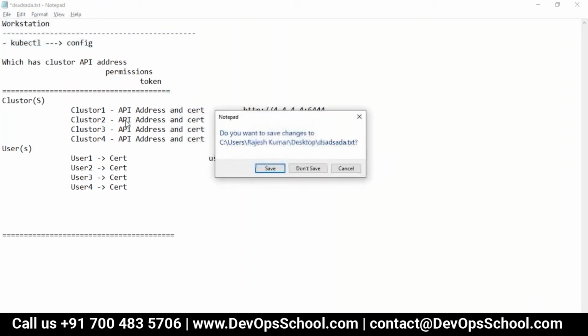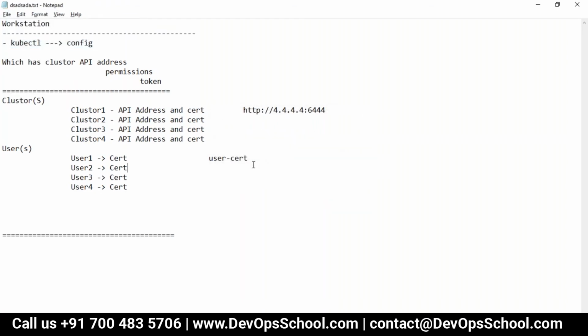Yes, sir. So that is where we have to have a mapping, and that mapping of cluster and user is done through contexts. Then we set up context 1, context 2, context 3, and context 4.